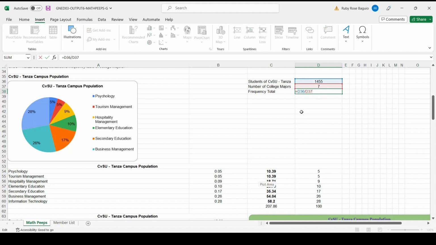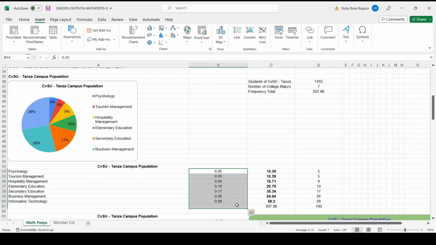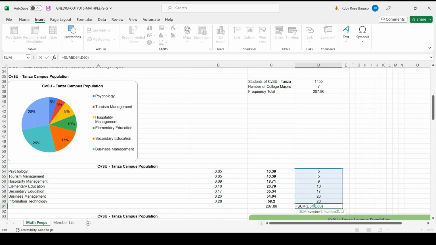I have tried to convert this into numbers here in Excel. If you move the decimal two places to the right, you will get the whole number. You will get 100 as the sum of these given numbers. In order to get the number in the frequency table, we have to multiply the frequency total